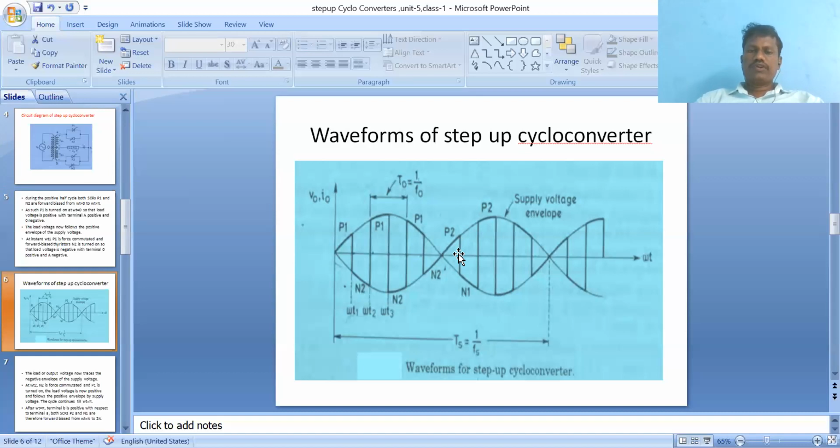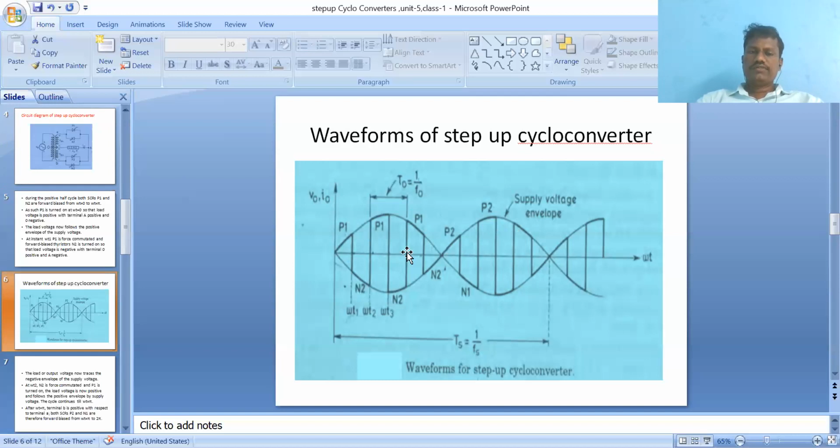Once the voltage is positive, P2 stays on. But we want output frequency higher, so we should apply forced commutation techniques to P2, then P2 is turned off. Then we apply firing pulses to the second negative group thyristor N1 also. N1 is triggered, we get negative voltage, and again N1 is turned off by forced commutation techniques. Then again P2 turns on, and so on. Like that it continues through the negative half cycle. At the end of one negative half cycle, we get 3 more cycles. So on completion of one cycle of input, we are getting 6 cycles. This is the operation of step-up.